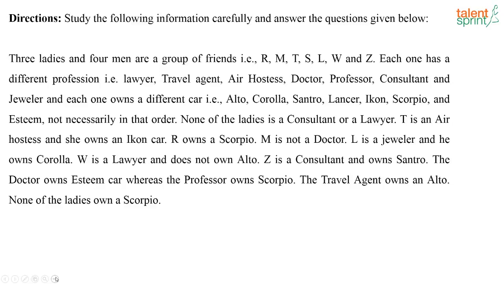Like for example, some of these blood relation questions that we did today, even though they are easy, some of them are time consuming. So in the actual examination, you should not be choosing such questions. You should be choosing questions where you will get the answer really fast. If you have time, yes, you can definitely do. But when it comes to these examinations, time is a big constraint, right? You have 80 questions which you have to finish in 45 minutes. So the time that you get per question is very less.